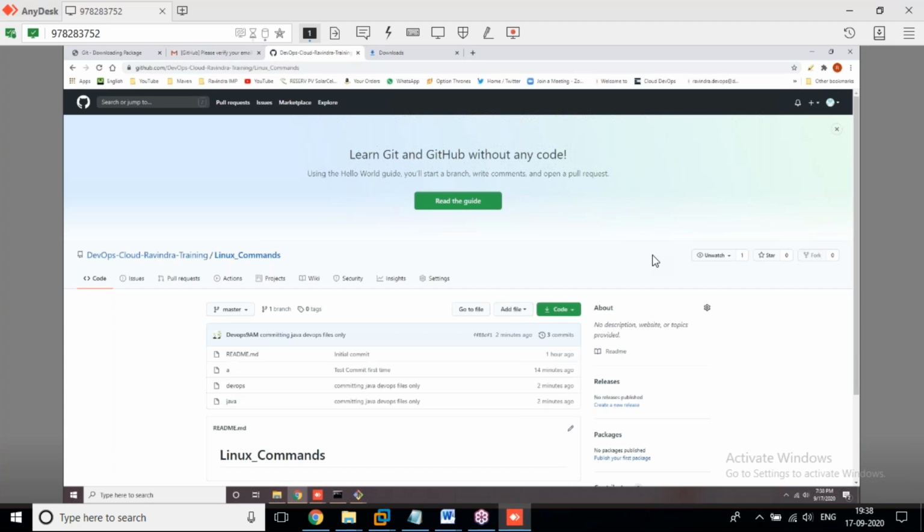If you want to work as a Git administrator, you need to learn a little bit about GitHub administration also. Otherwise, I think there is no need for that much.